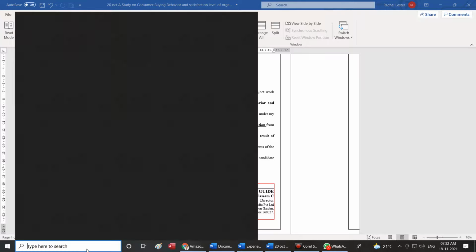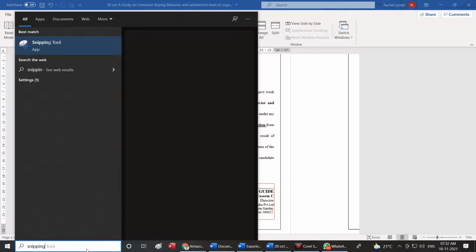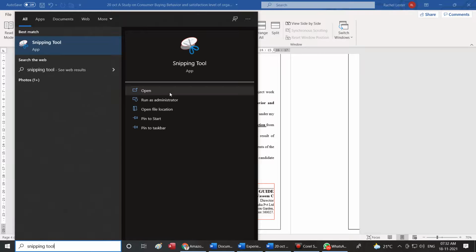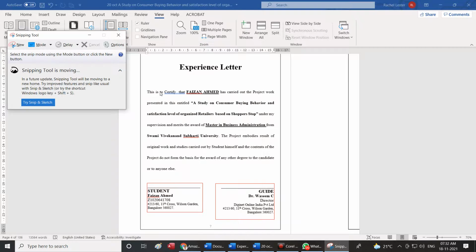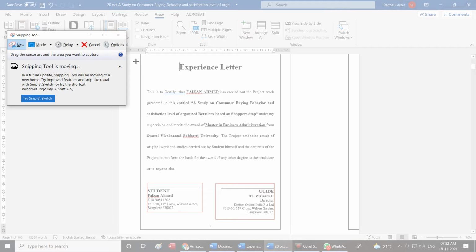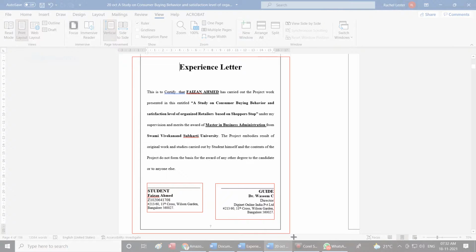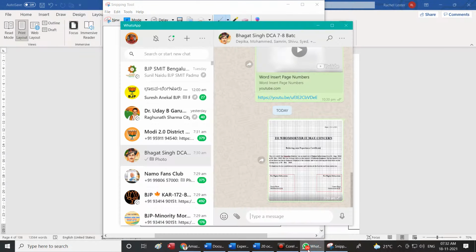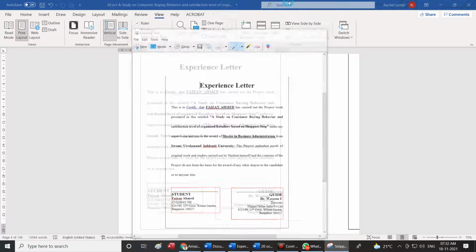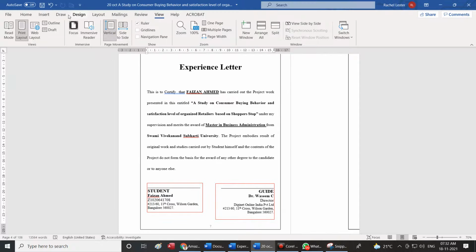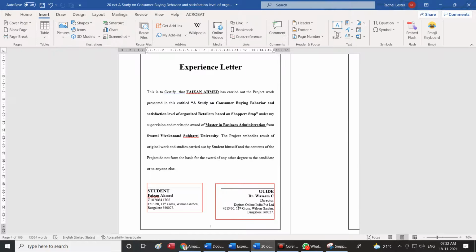Just using the snipping tool. Open the snipping tool. I'll say new mode, I'll say rectangular selection, and I want you to complete this assignment. So there are two assignments on inserting using the snipping tool. Please complete these assignments, and then we will go to Insert and continue with the next option.